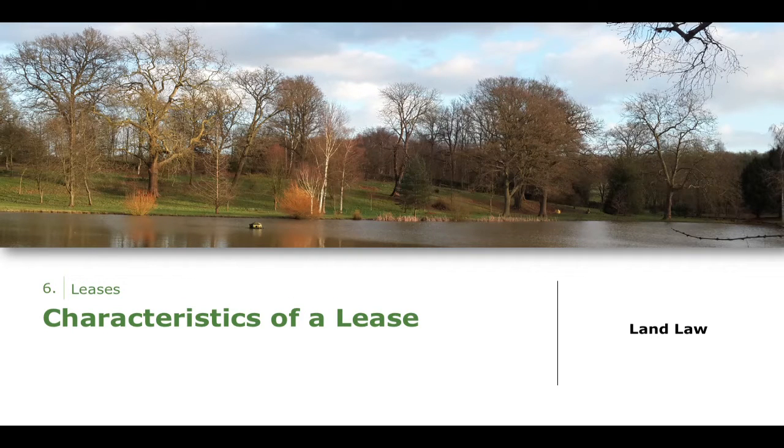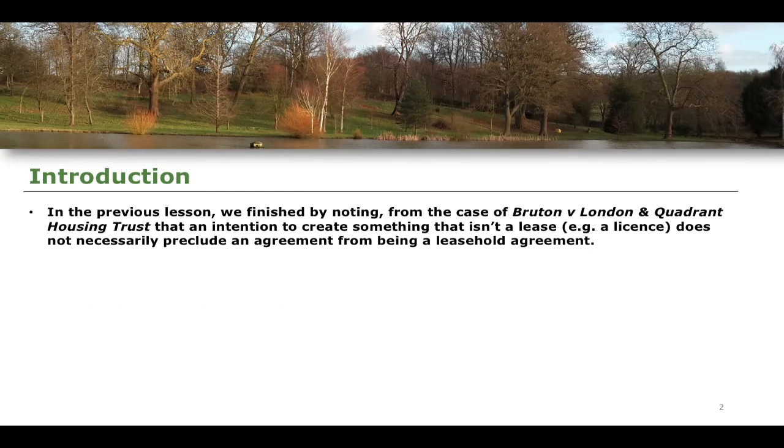what is considered to be the essential characteristics of the lease as established in the case of Street and Mountford on the one hand, versus some of the different types of leases which may or may not fit nice and neatly into the mold of these characteristics on the other. So that's something to keep in mind when we go through this lesson. But fundamentally, as a spoiler alert, we're going to be talking about the case of Street and Mountford, giving us an indication of what are the essential characteristics of a lease, what is required for a leasehold to exist.